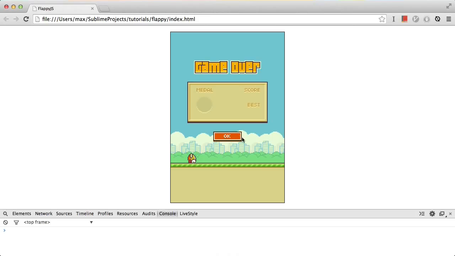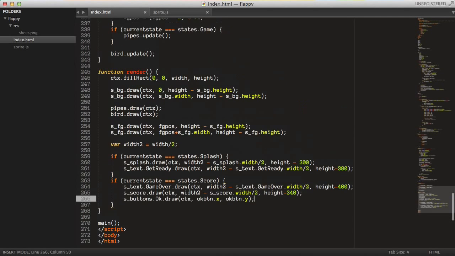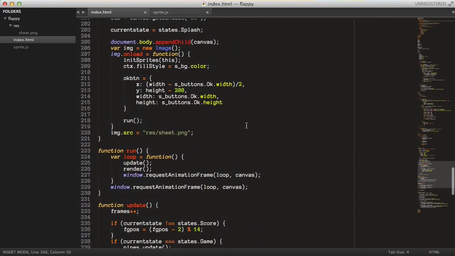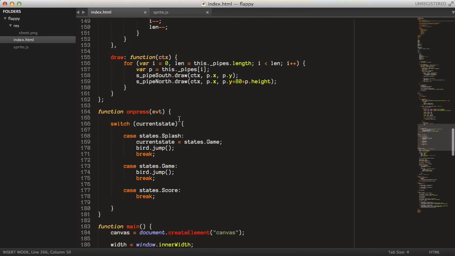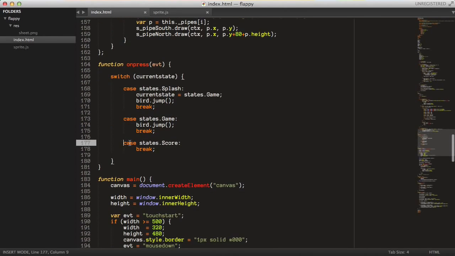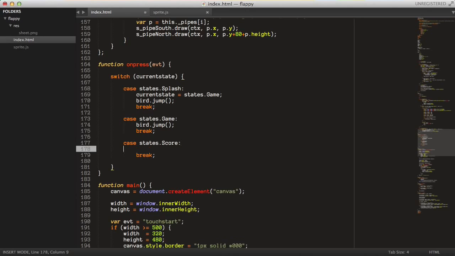And yeah, so now basically we can check if we press on the button. And to do that, we go up here again to the onPress function. And here where we check the switch statement, and where we check if this is the score state, then we basically just want to take out the mouse position or the click position, and check if that is inside of the